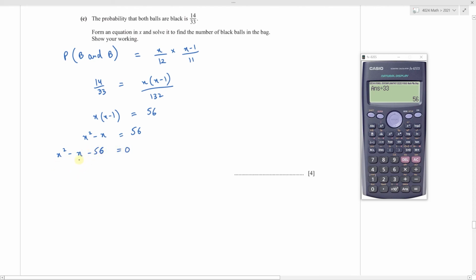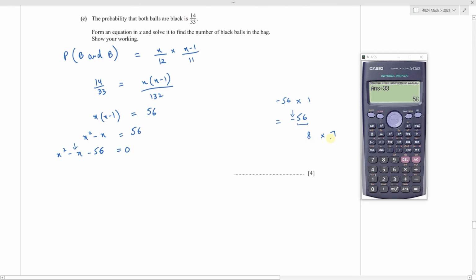I will use factorization to solve this. So the constant here is minus 56 multiplied by the coefficient of x square, which is plus 1. This gives you minus 56. So I'm looking for factors of 56, which I should subtract because there is a minus sign, and that should give me the coefficient of x, which is 1 here. So what are the two factors that if I multiply them, I get 56, and if I subtract them, I get 1 here? So 8 and 7. 8 times 7 is 56, and 8